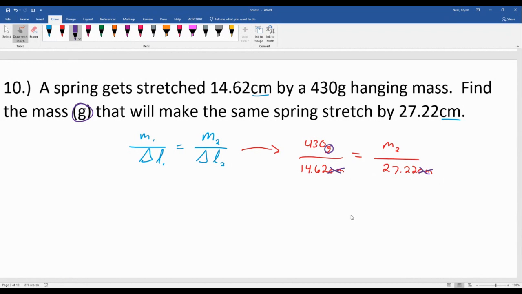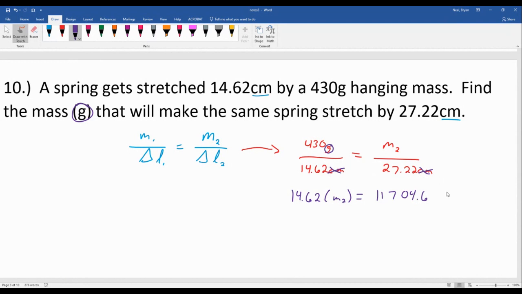I guess that's personal preference. I prefer the equation when the variable's on the left-hand side. So 14.62 multiplied by m. I don't really know what's happening there, so I'm just sort of stuck with it for now. In the other direction, I've got 430 multiplied by 27.22,